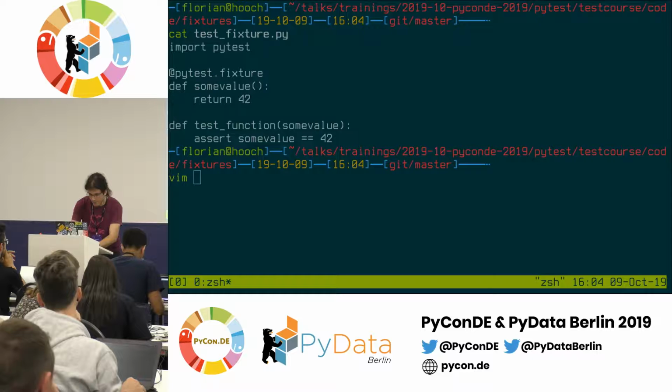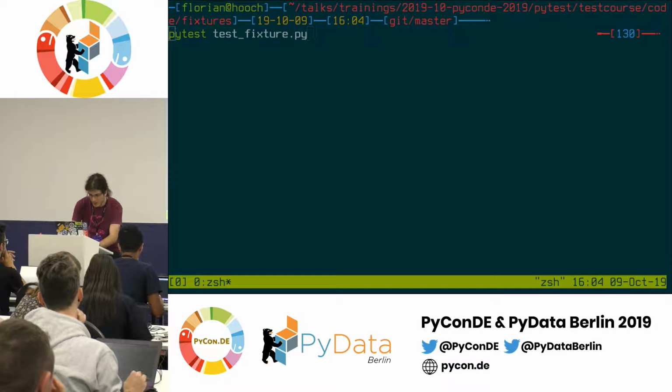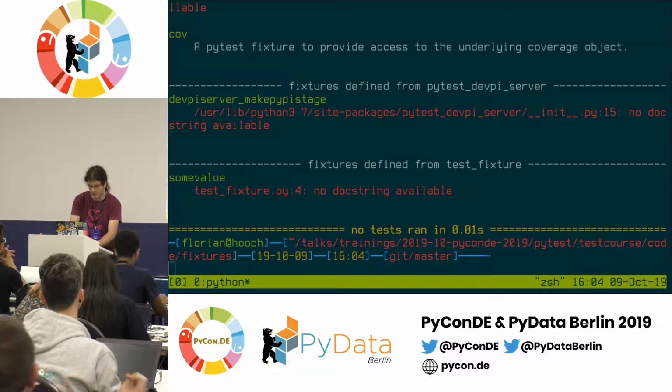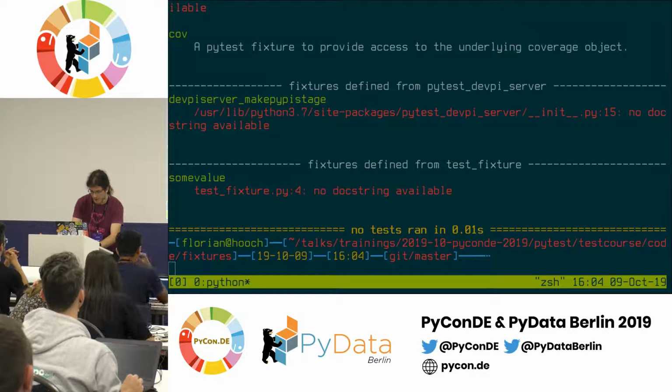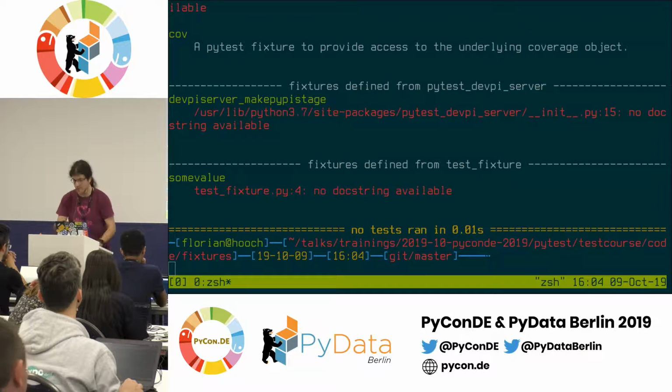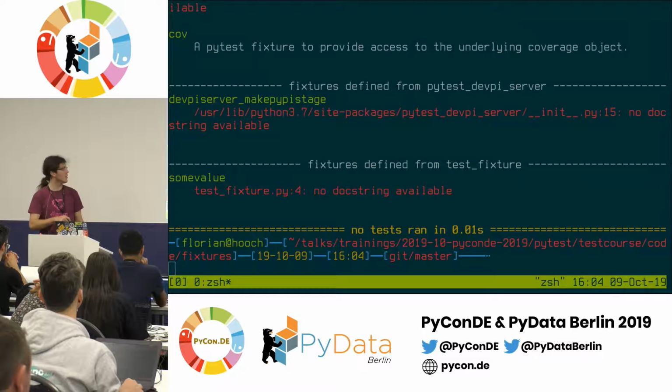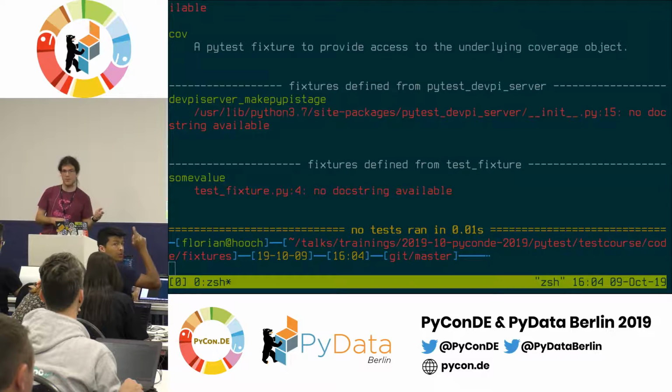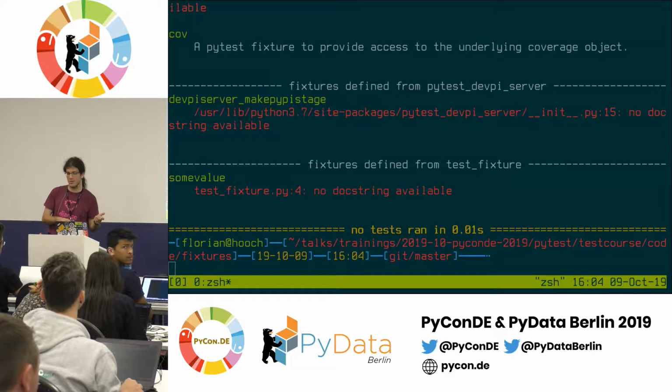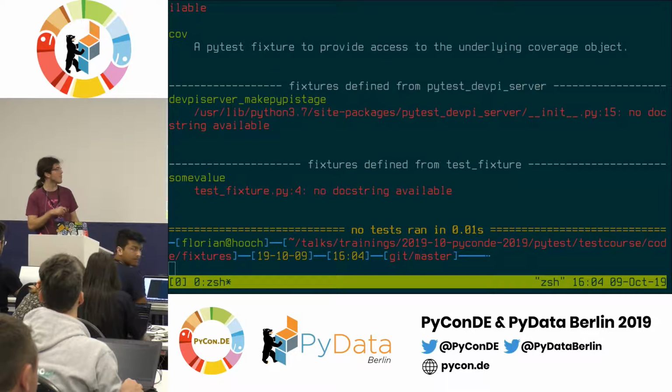And if we call pytest with --fixtures, it will show us the fixtures defined there. If that fixture has a docstring, like those strings at the top of a function you use in Python to document them, pytest would also show it here.